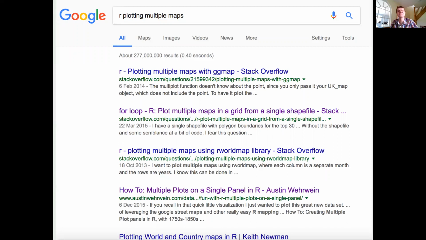And using the right terms is a skill in Google. One example is, I had a great question about how do you plot multiple maps in R? And that's a great example for this. So we can Google R plotting multiple maps, and we get some